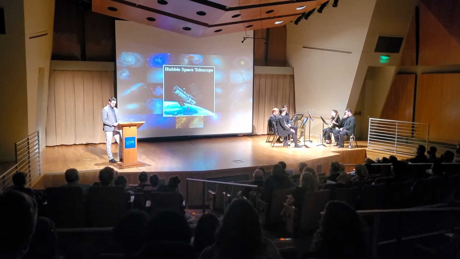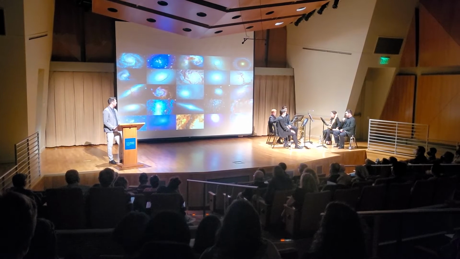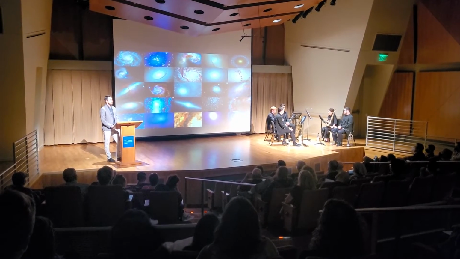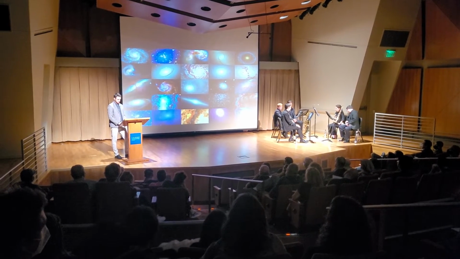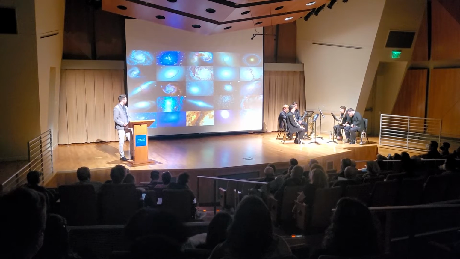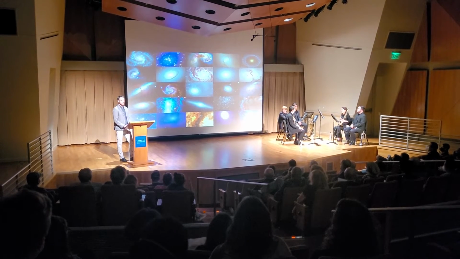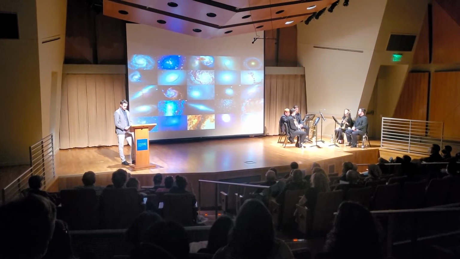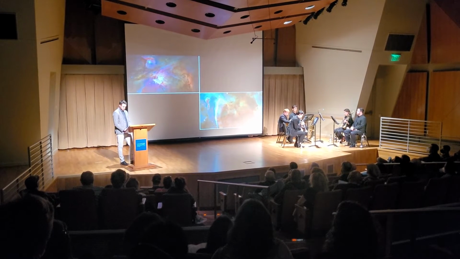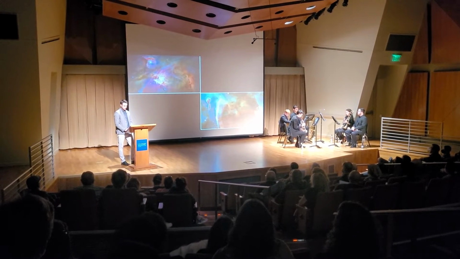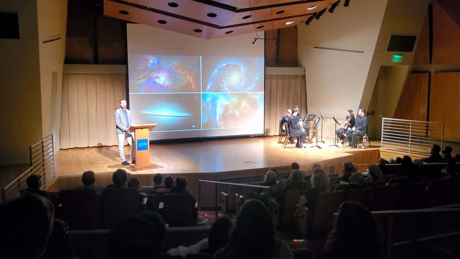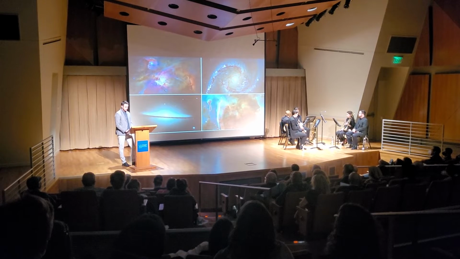Thanks to the Hubble telescope, we now understand the universe is filled with billions of galaxies. And each of these galaxies, just like our own Milky Way, contains billions of stars. Now, as we can see from these pictures, there are many different types of structures that the Hubble telescope has taken pictures of. We have nebulae, the giant clouds of gas and dust where stars are born. Increasing in size, we have galaxies, which are the large structures of billions of stars bound together by gravity.